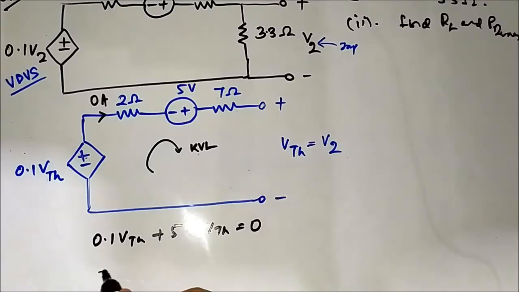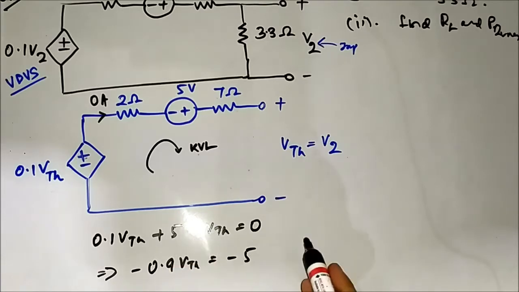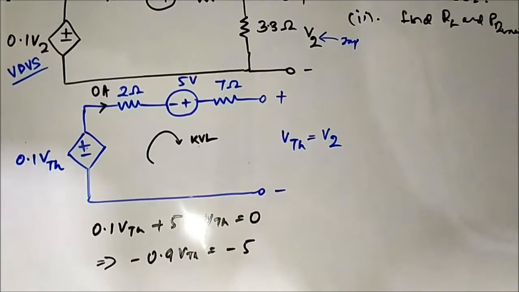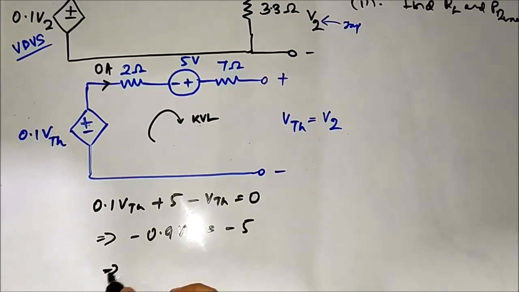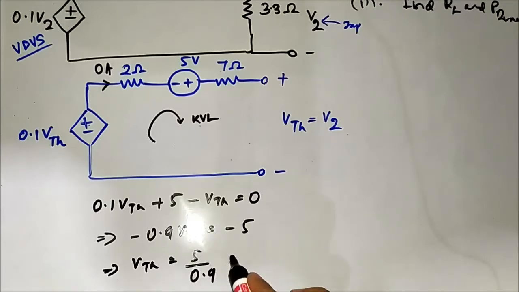That implies we can write minus 0.9 VTH is equal to minus 5. Okay, 0.1 minus 1, 0.9. That implies VTH is equal to 5 by 0.9, which is equal to, let us calculate,